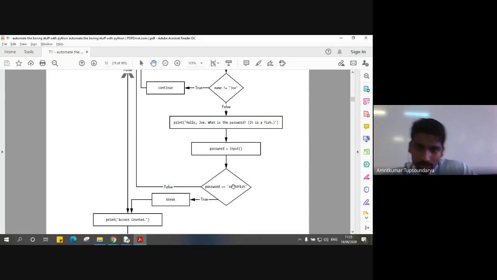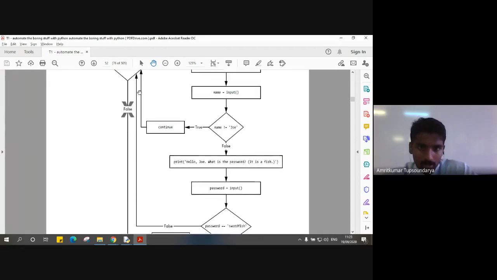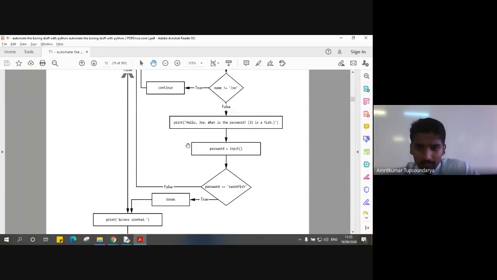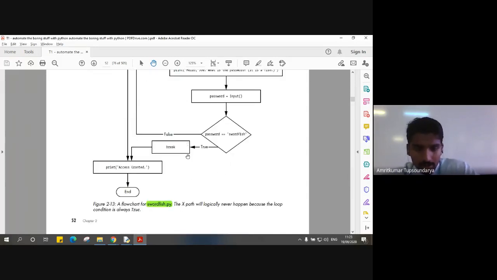If the condition is false, it goes back to the while loop and prints "Who are you?" again. Right, so it's a simple execution, as you can see.